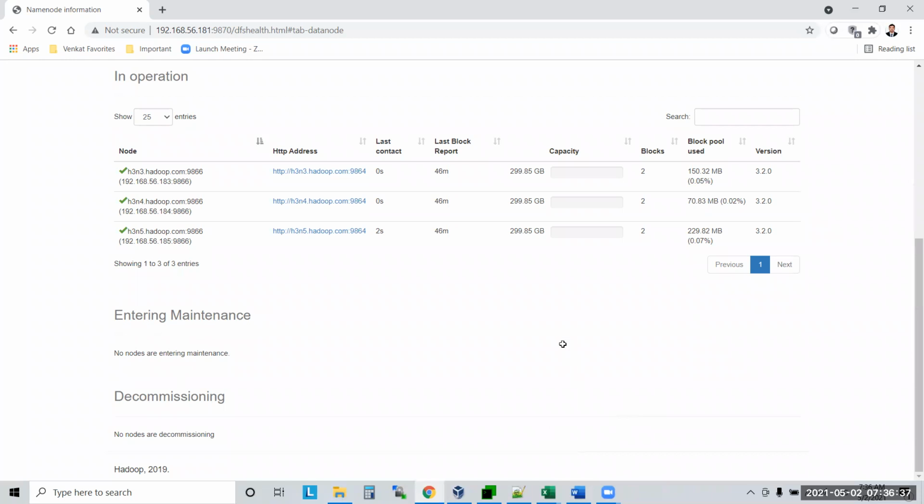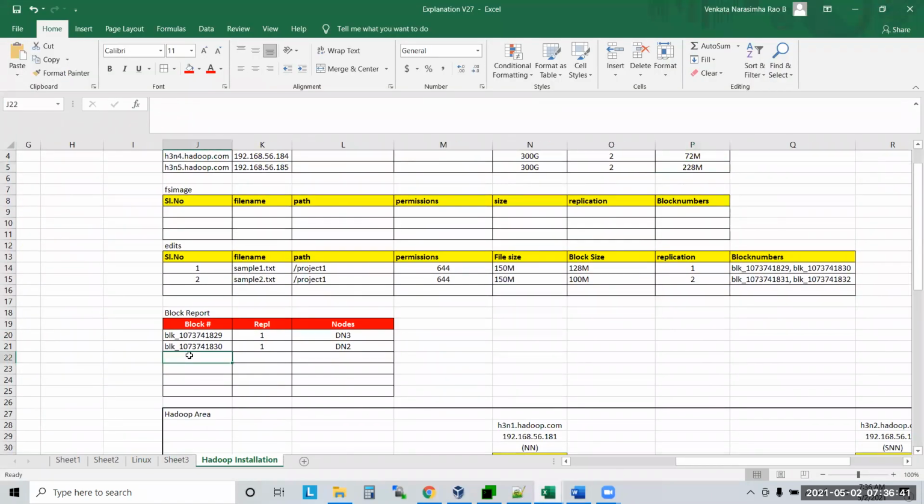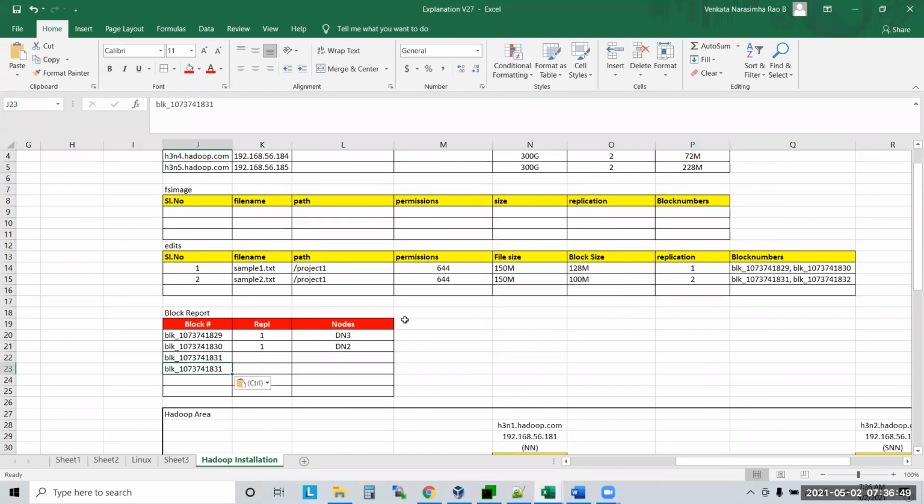So it updated. What next? Is only updating data node information fine, or does the block report also have to be updated? Block report. So immediately it will put 31, 31, and 32. Now what about the 31 replication factor? 2. For these 2 blocks, 2.